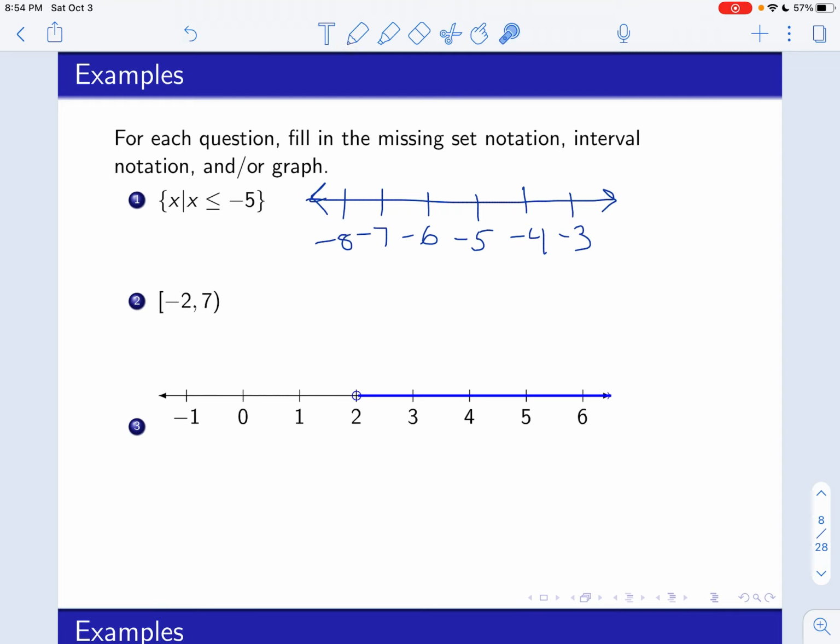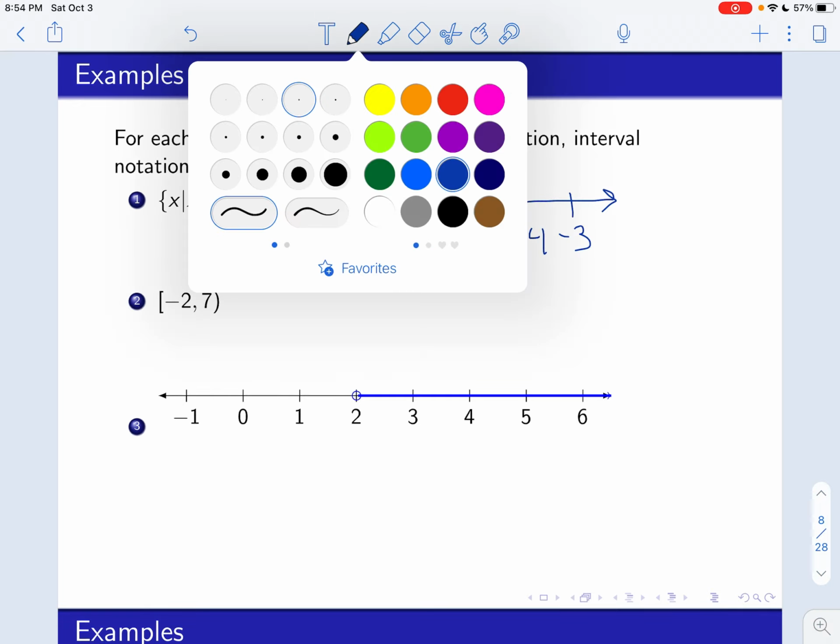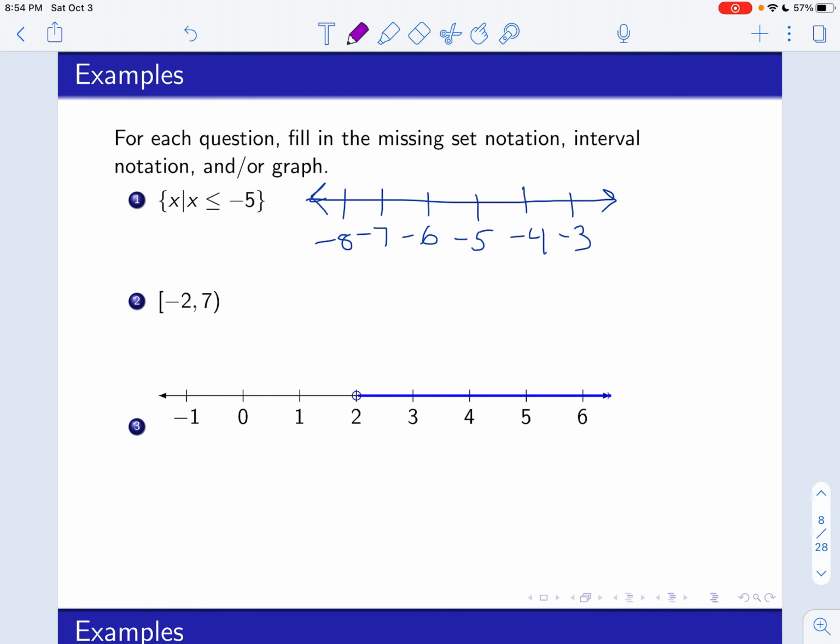But there's no rule that when I draw my number line like this, 0 has to be in the middle or even on the graph. Use whichever part of the number line is convenient for the problem you're working on. So if I want less than or equal to negative 5, that means we're including negative 5. So I put a solid dot at negative 5,